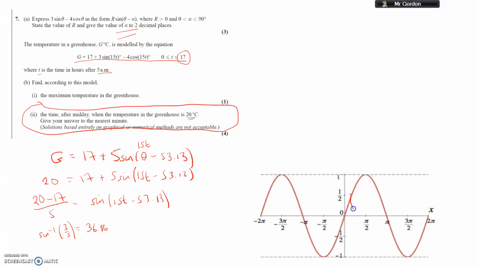That's kind of like here. The second one is over here, which is 180 minus 36.86, which is going to be 143.13. Okay. So, if I use the first solution, I will not get a time that is past midday in hours. It's the second solution that I really want to use. Alright, so I'm going to use it up here. So I'm going to have this second solution, which is